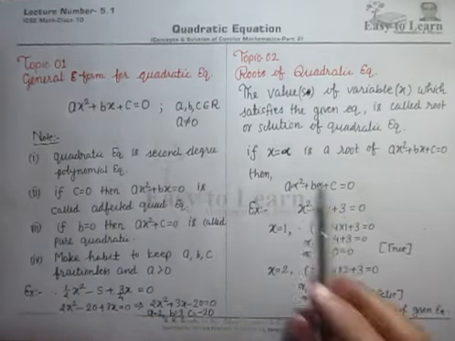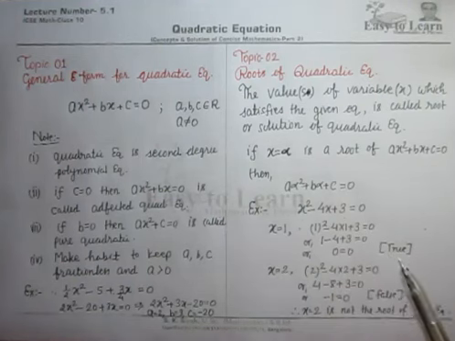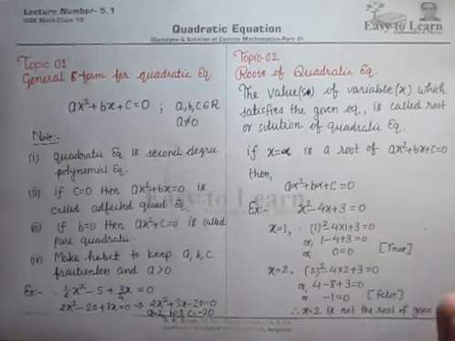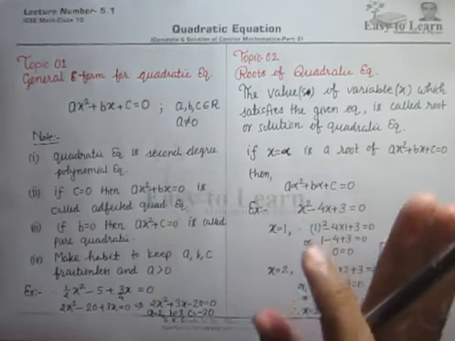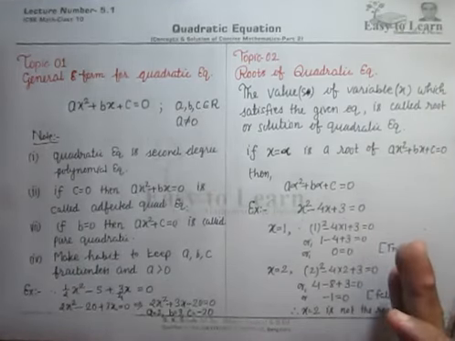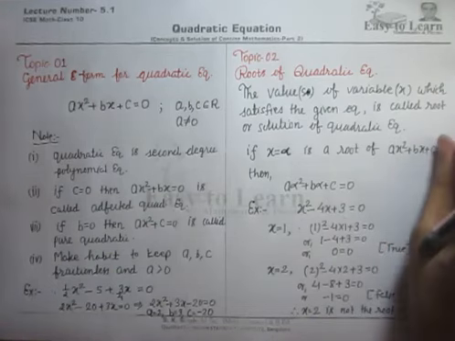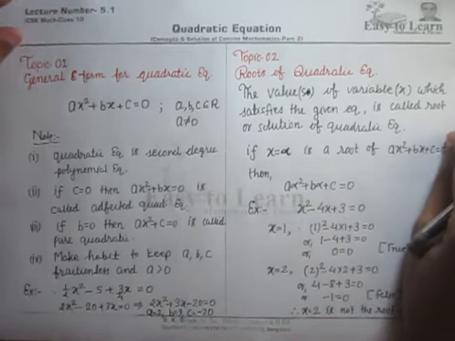So this is the meaning of root of a quadratic equation. Simply we can call it a solution of a quadratic equation. Remember, each quadratic equation has two and only two roots. So after solving a quadratic equation, you will always get 2 roots. It means not more than 2 roots, not less than 2 roots. Always there will be exactly 2 roots. Now these roots may be real, equal, different, and many more cases are there. So we will discuss them in later lectures.